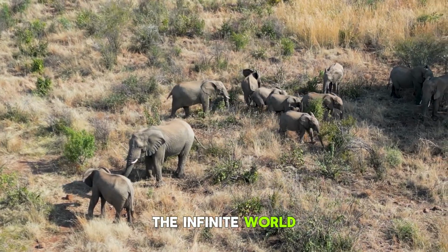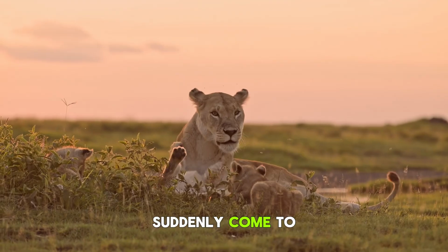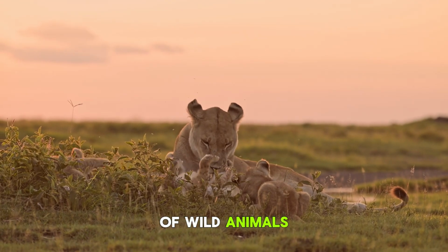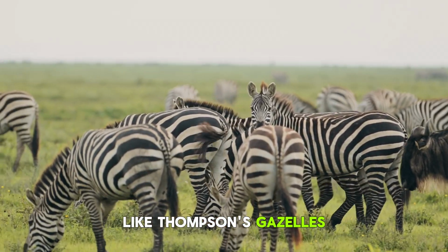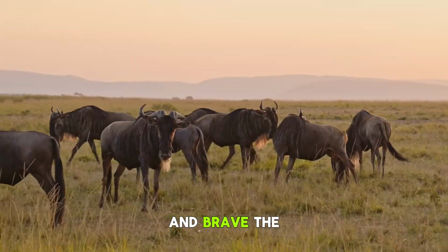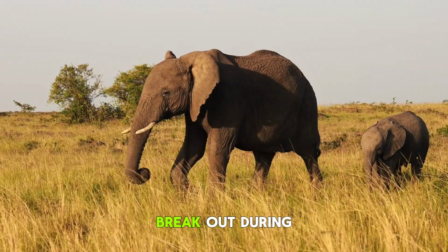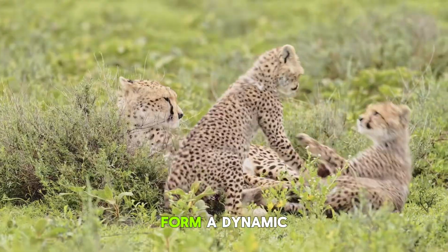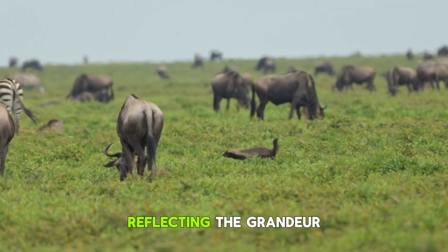The infinite world in the distance. Large plains that appear to be peaceful suddenly come to life as millions of wild animals, including zebras and smaller antelope like Thomson's gazelles, start their difficult journey across the Mara River and brave the untamed wilderness together. The skirmishes that break out during each migration form a dynamic tapestry that is both graceful and intense, reflecting the